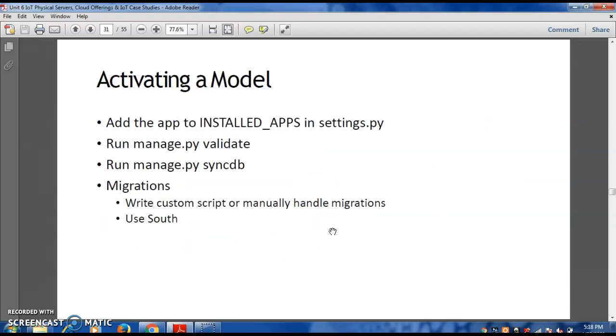Okay. So this is activating a model: how to activate the model in Python, run the particular package and see that particular database, then how to retrieve the data, how to retrieve the data from the cloud, how the sensor values are read, everything we can discuss. So today we'll stop here.